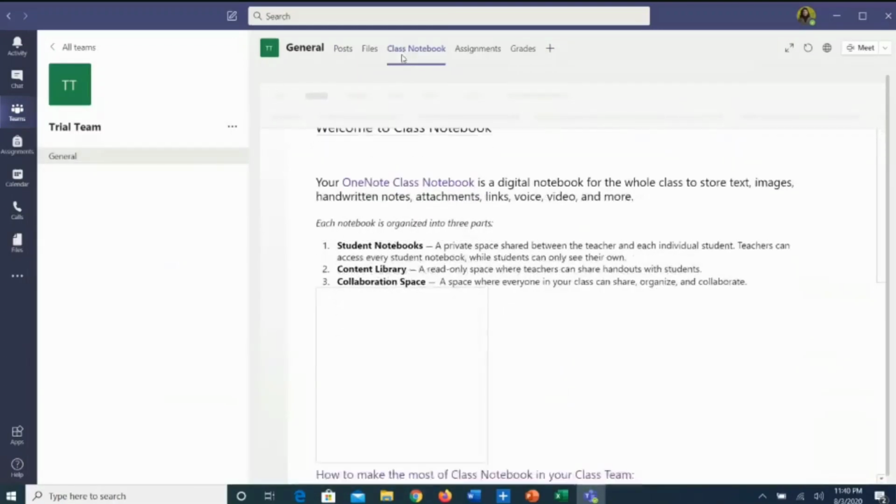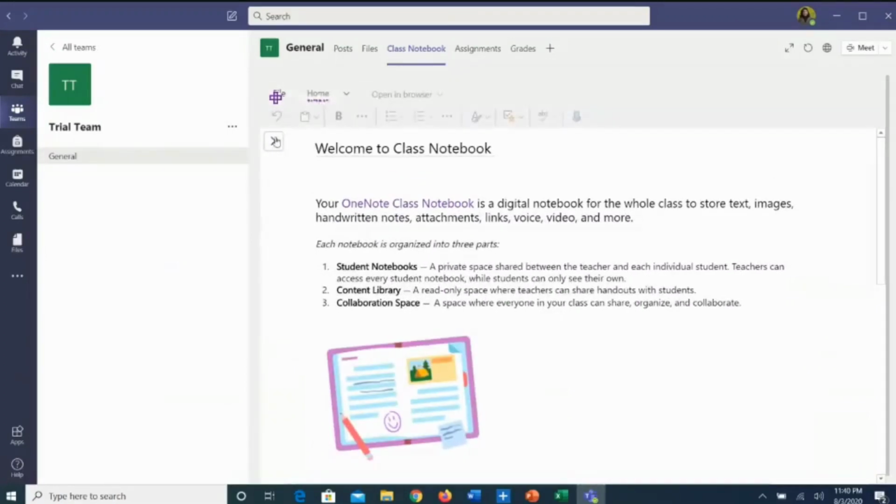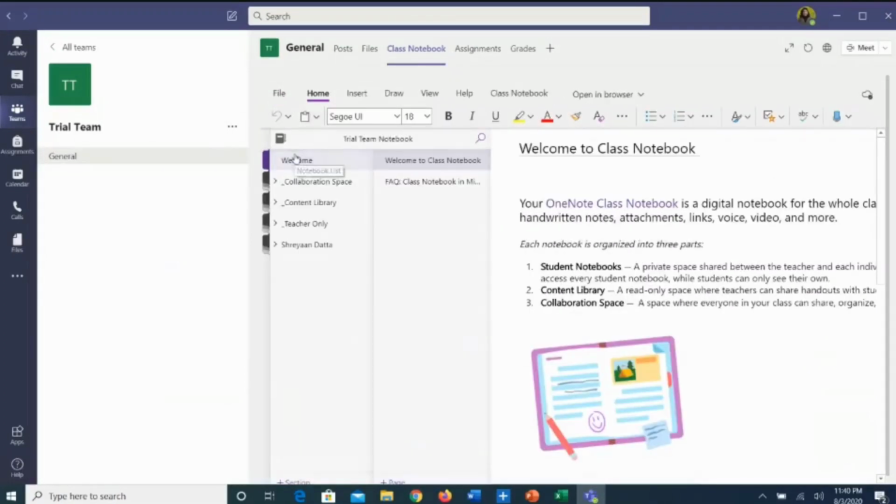So I again go on to the navigation panel, and I'll see the collaboration space. As I had told you, if I want some suggestion from the students, I want some plan to be worked out, I want everyone to be interactive, maybe some group work to be done wherein everybody has to put an input, I will always post that work in the collaboration space. In the content library, I can post whatever work can be viewed by the students. I can edit the work, maybe whatever lesson I'm teaching, I can put it in the content library there.